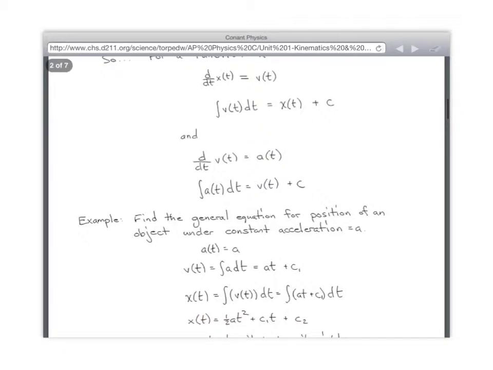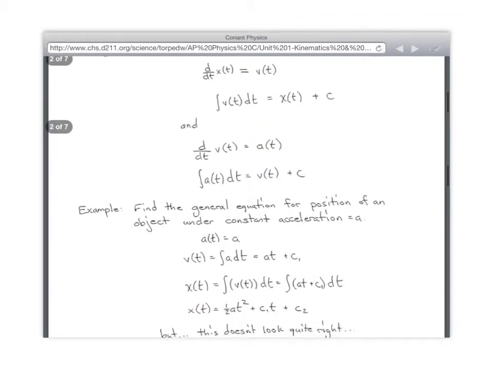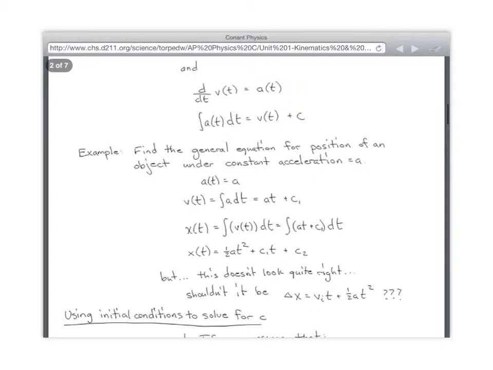Can you prove it? Yes. All right, let's do it. Okay, so we expect the equation to look something like initial velocity times time plus 1/2 at squared, right? Well, let's do it. Here we go. It should be this: delta x equals v_i t plus 1/2 at squared. Well, what we have to do is use our initial conditions to solve for C1 and solve for C2. So,